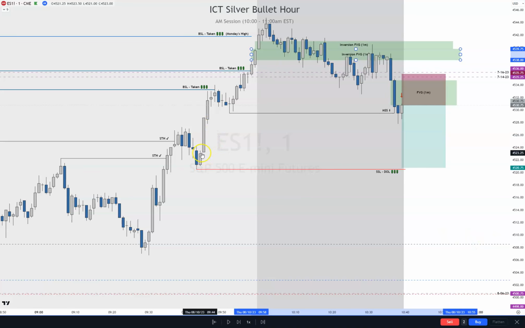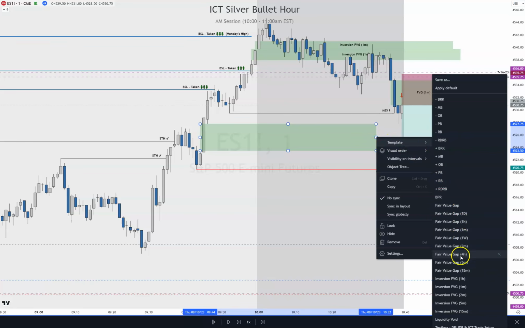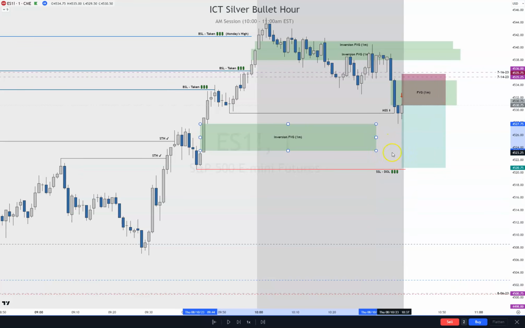And then I see this big fair value gap right here. It's going to cause some resistance, most likely. So we're just going to observe how this happens here. If we can clear this fair value gap, I'll take a partial. You know, I do expect this to be kind of like a little speed bump.